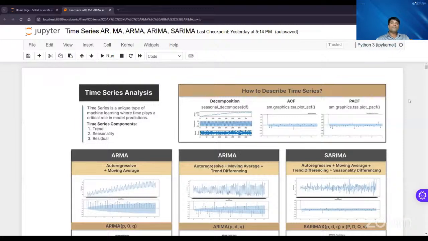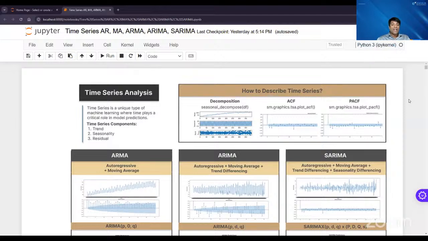So something which moves with time, and where time plays a very important role, right? So, for example, sales, weekly sales. If I want to analyze weekly sales, their time is playing a very important role. So wherever time plays an extremely important role, that kind of data is basically called a time series data,